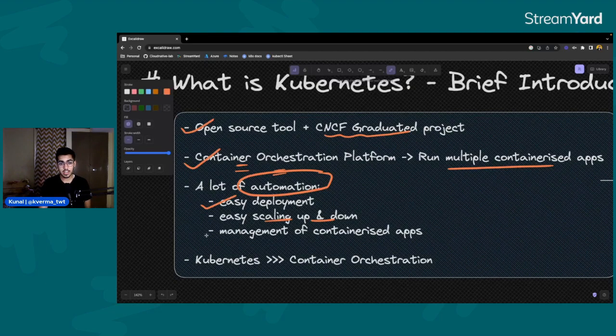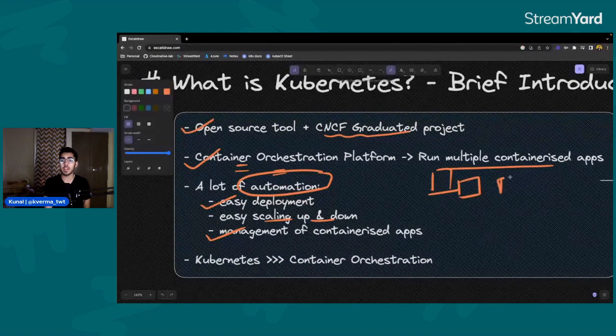The last but not the least is it helps us to manage containerized applications, right? It automates the entire process of managing the containerized applications. Now, it's important to note that when I'm talking about managing containerized applications, I'm not just talking about a single container, I'm talking about multiple containers being managed at the same time.